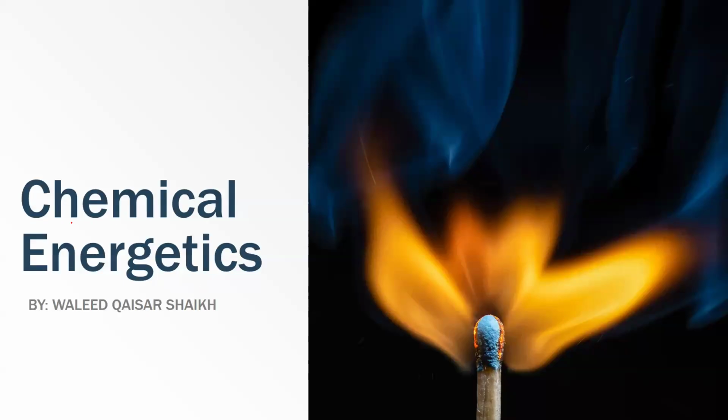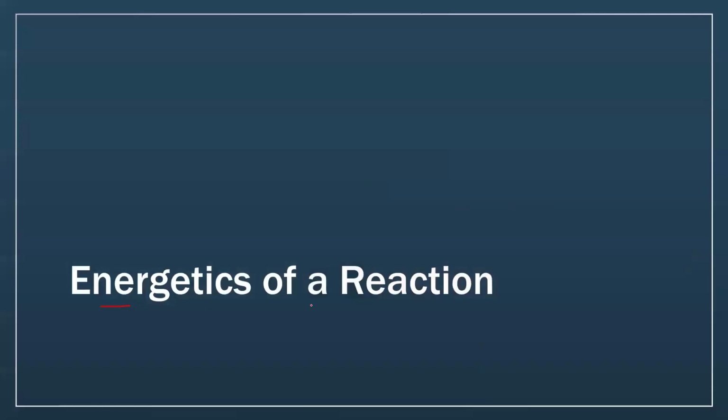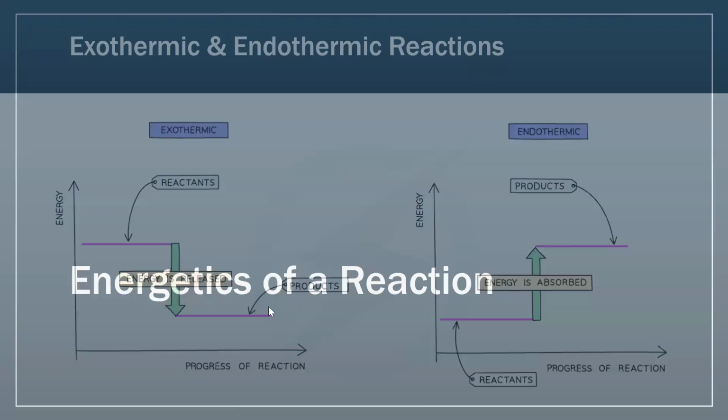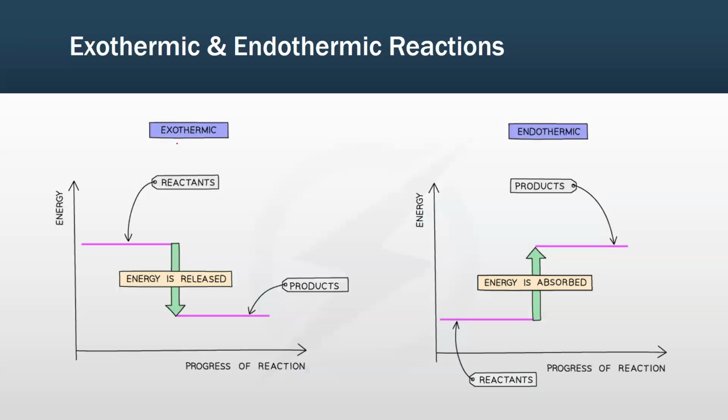Starting off with the chapter Chemical Energetics. So, what are energetics of a reaction? We have two types of reaction. One of them is known as exothermic, and the other one is known as endothermic. Exothermic is a reaction in which energy is released, and endothermic is a reaction in which energy is gained and